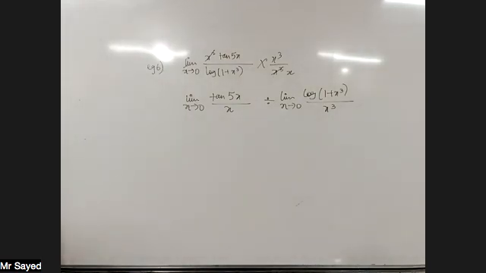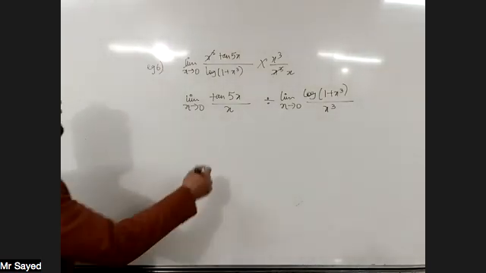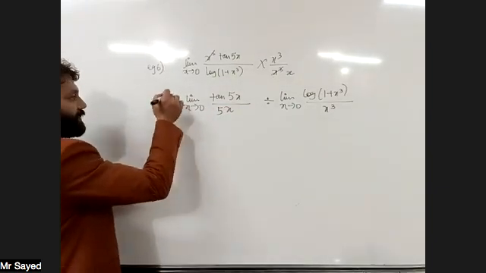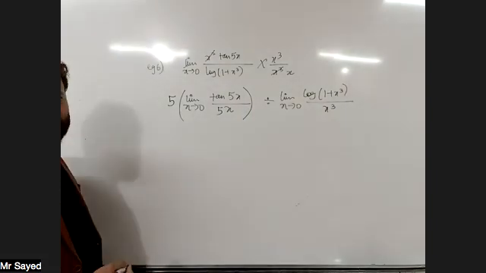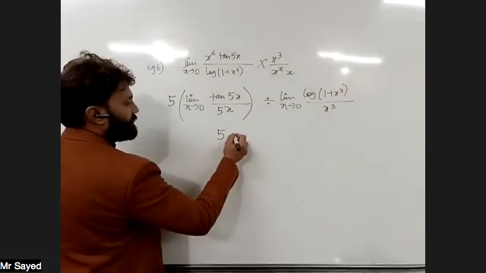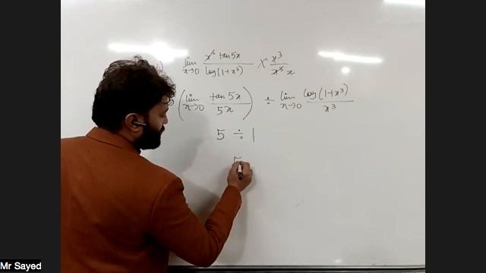Right? Here, the only additional thing that we need is 5. Now, tan theta upon theta will be 1. So this will be just 5. And this will be 1. Result is